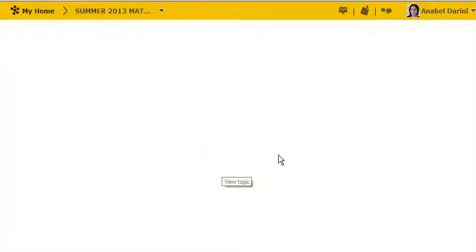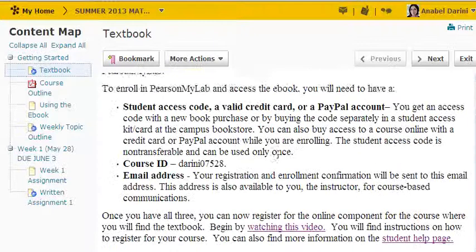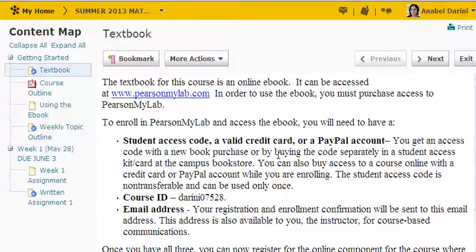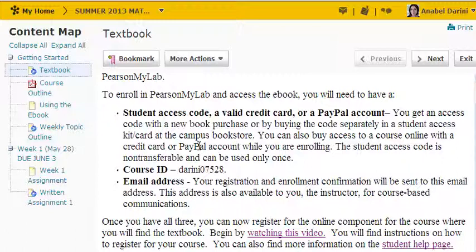So under the Getting Started, clicking on Textbook, you see that you're going to need access to MyMathLab, and you can go to Pearson MyLab in order to use the ebook and to also get all the homework that you'll need. And you'll have to purchase a student access card from either Pearson itself or from the bookstore. Now, I do want you to be very careful if you purchase an access code online that's not through Pearson itself or through the bookstore, because last semester about 2/3 of my students